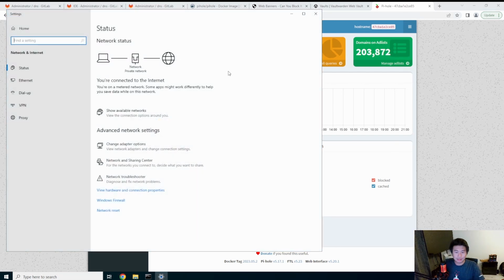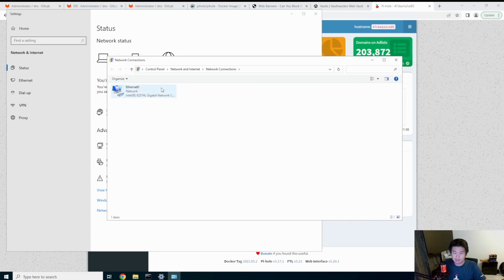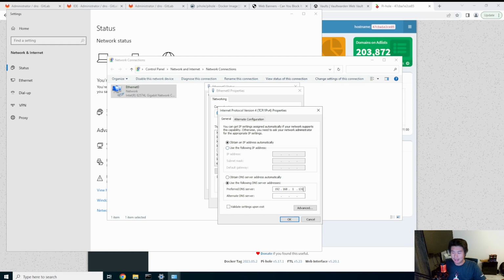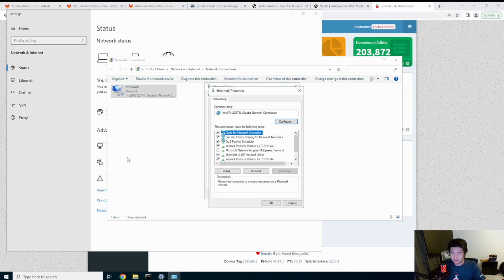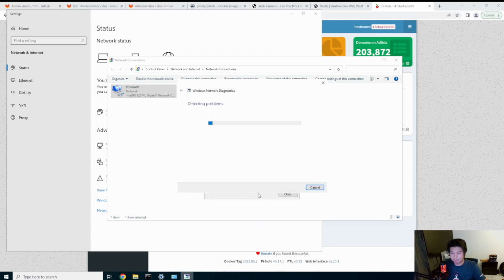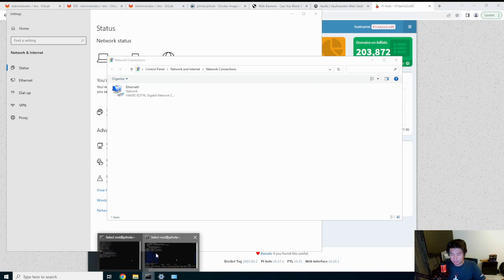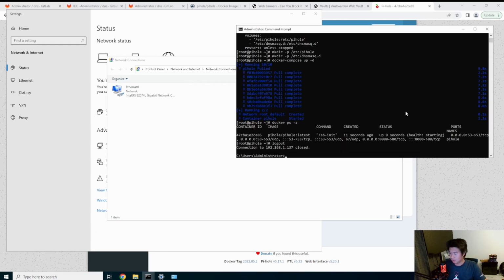But essentially, you would update that to point to your new DNS server. But in this case, we're going to just actually open our networking, change adapter options, go to properties, go to IPv4, and you can see how currently it's set to our current DNS server in this environment. So we're going to actually set it now to the actual DNS server. And this DNS server should actually be pointing to our other DNS, so essentially you should query that for things. So now that we set that as our primary DNS,